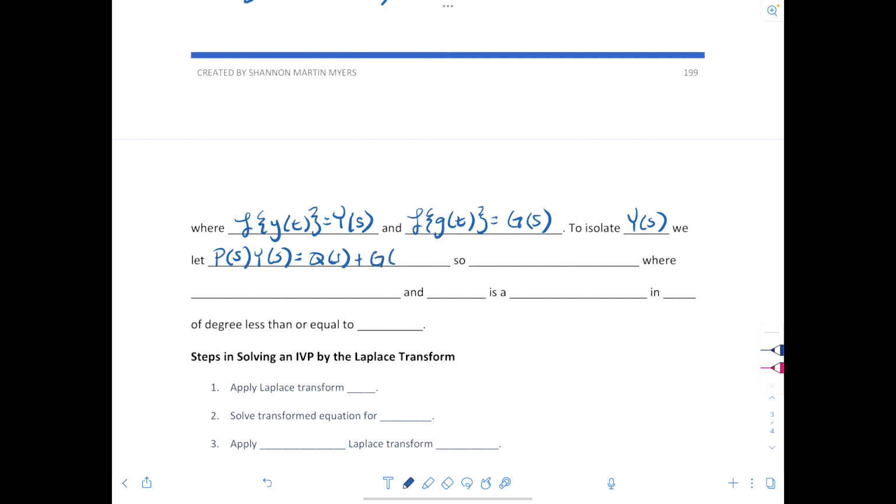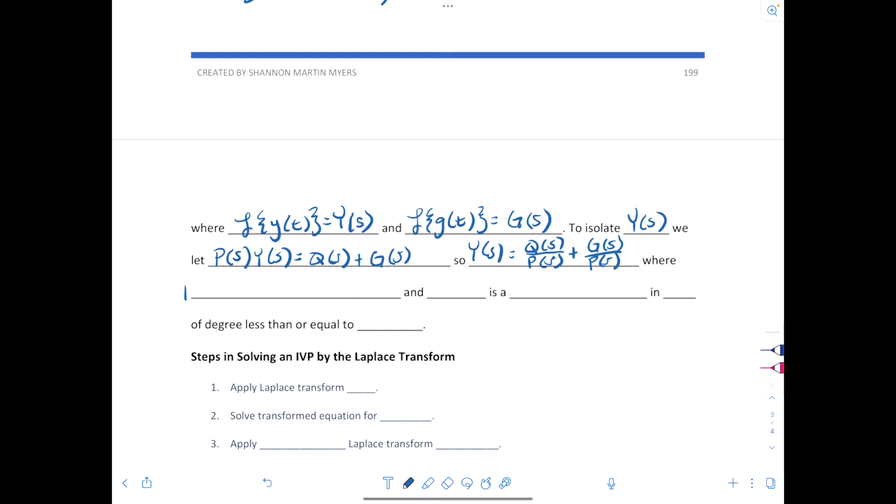Those are capital. So what you'll end up with is Y at s is going to equal Q at s over P at s plus G at s over P at s, where